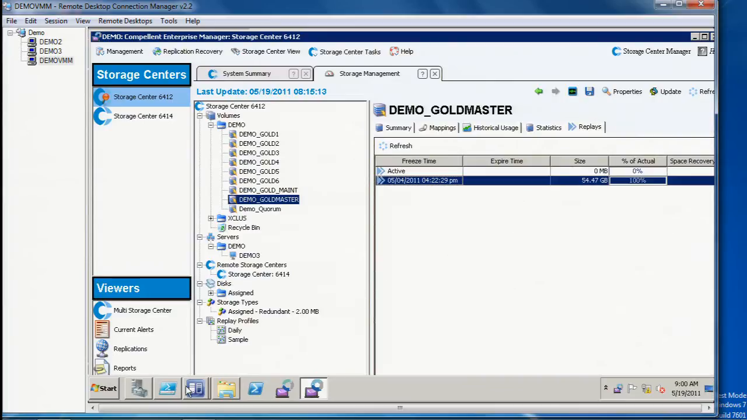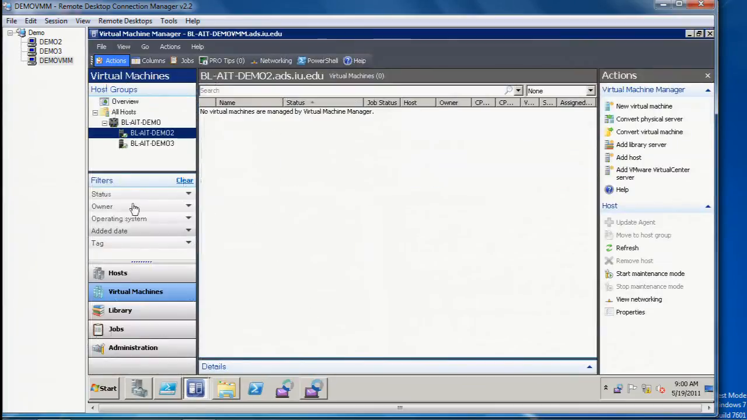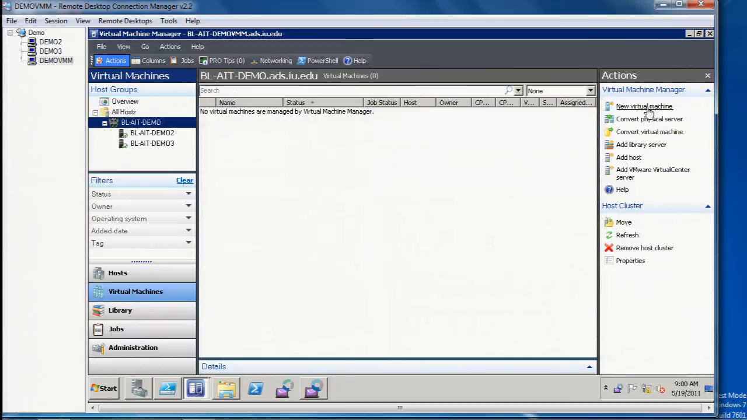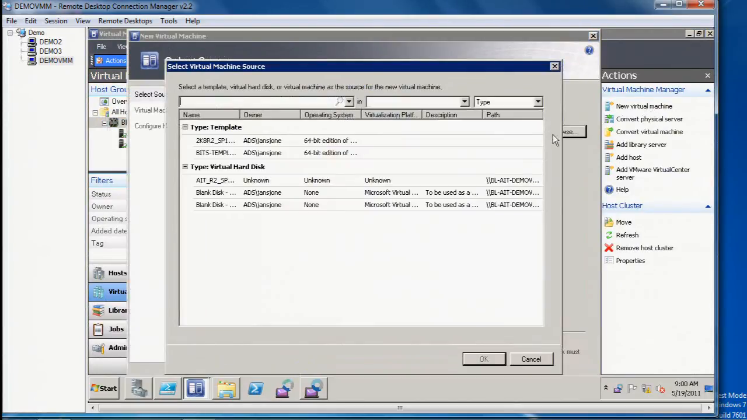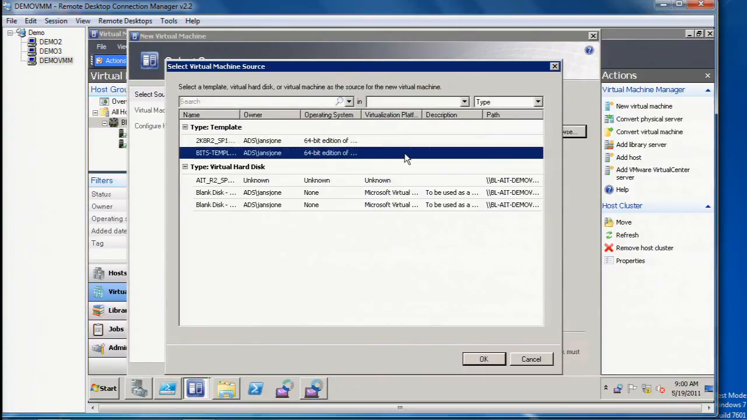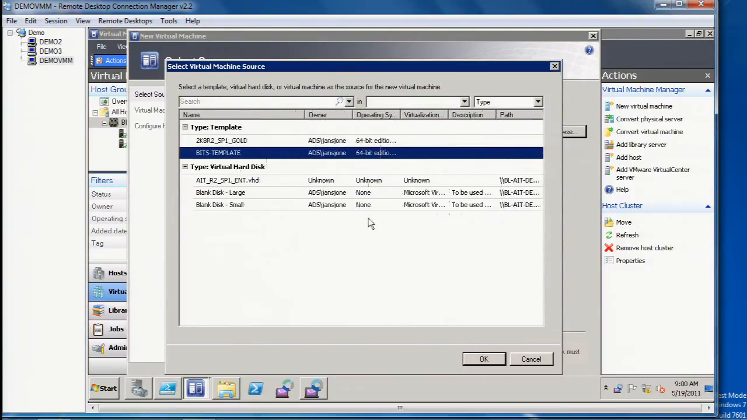The next thing I'm going to show you is the traditional way to create a virtual machine in Virtual Machine Manager, which I'm not a fan of. So we'll show you the way that it's designed, and then the way that we like to do it. I've got a template here called Bits template, and